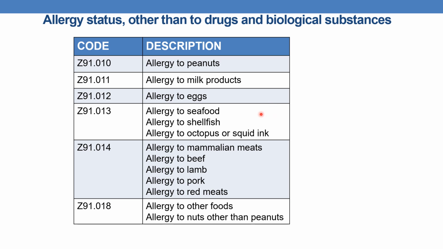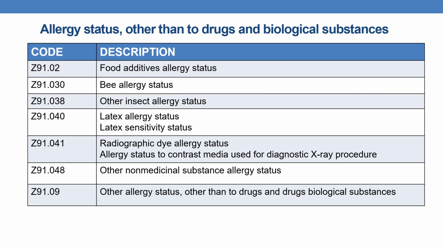Z91.013 indicates allergy to seafood, shellfish, octopus or squid ink. Next is Z91.014 indicates allergy to mammalian meats or allergy to beef, lamb, pork, red meat, etc. The next is Z91.018 allergy to other seafoods and allergy to nuts other than peanuts. The next is Z91.02. It indicates food additive allergy status. And